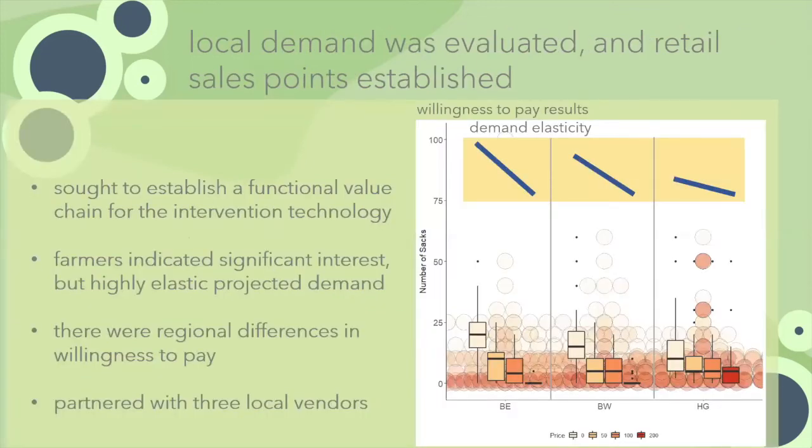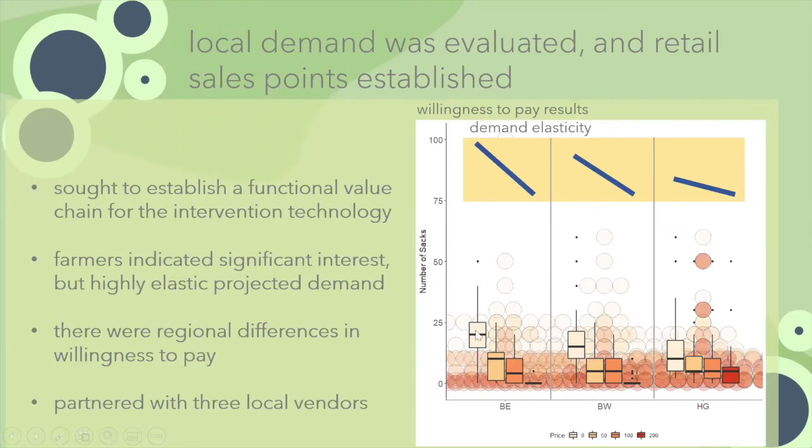And so we wanted to go a step farther and not only provide these sacks, but to establish a functional value chain for hermetic storage in the local marketplace. And to convince local vendors that this is something worth their time, we conducted a willingness to pay analysis, where we asked the farmers who had participated in the hermetic trial in the first season to identify their baseline level of need. So basically in each of these locations, on the far left, Bangarmao East, Bangarmao West, and Hasanganj, we